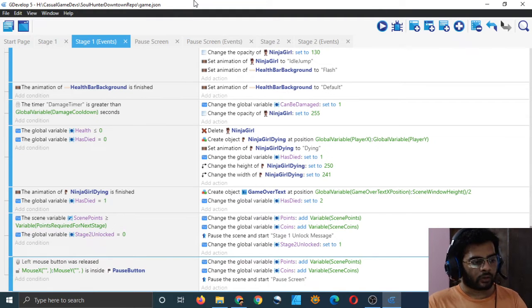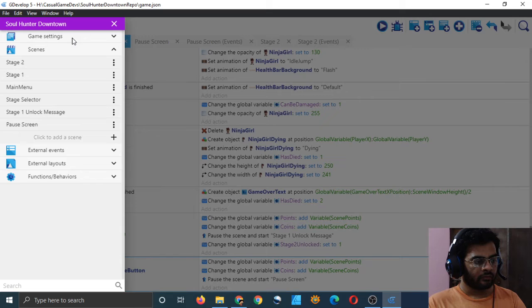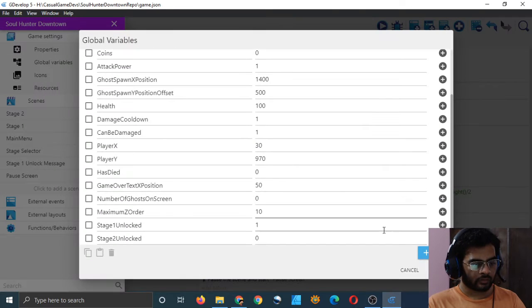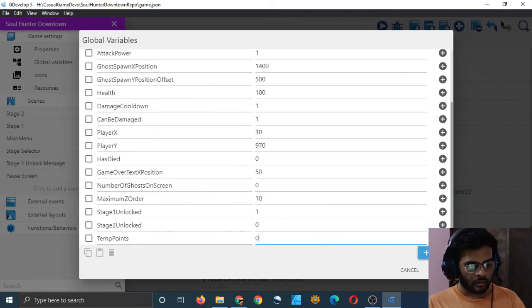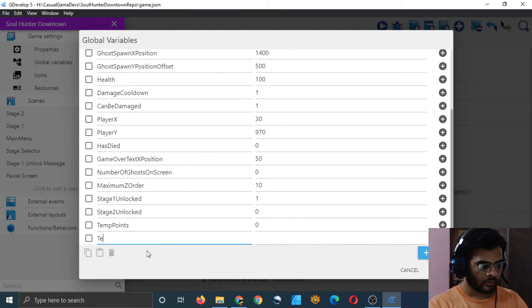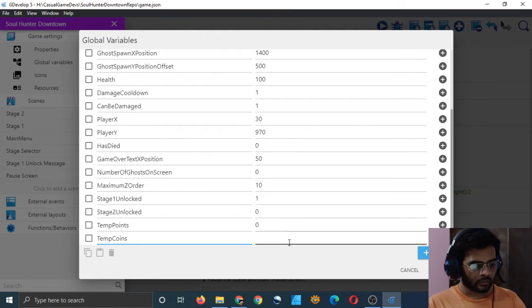And now at this point, I think we will also need a temporary points and temporary coins variable in the global variable, just to take care of this situation. So let's add global variables, add two variables: temp points, which is 0, and temp coins, which is again 0, apply.